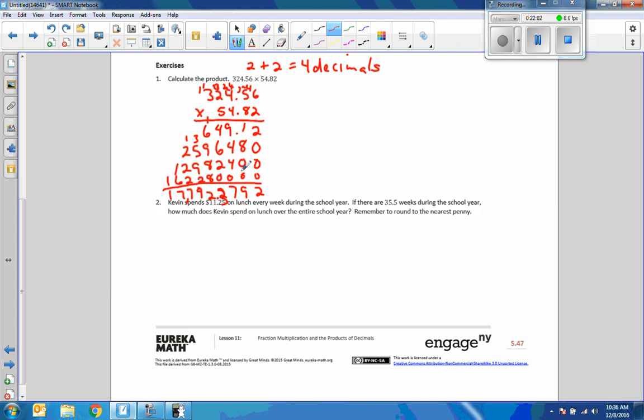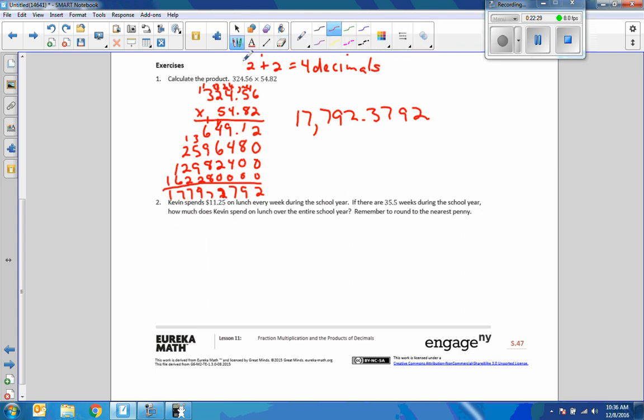This is a 3. 10, 14. Okay. That is correct. I forgot to carry my 5 and 6 is 11. 2 is 13. So my answer is 17,792.379. Okay. Now let's just move this out of the way a little bit so we can read what Kevin